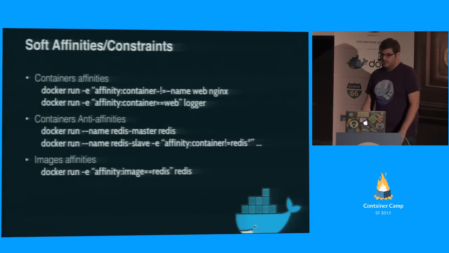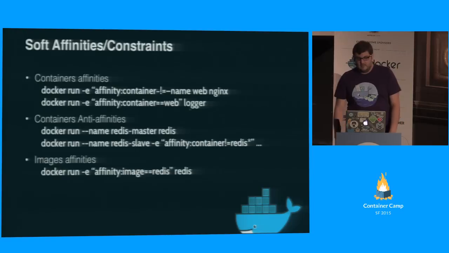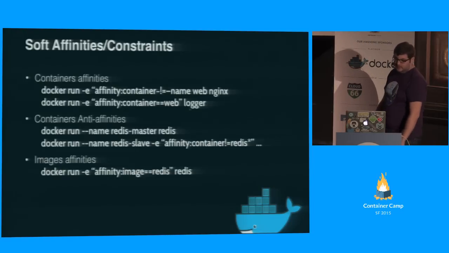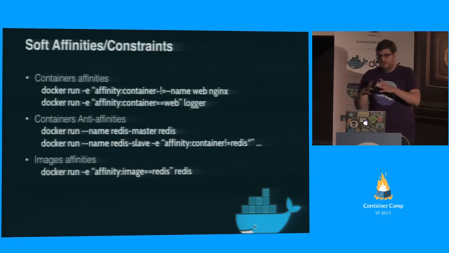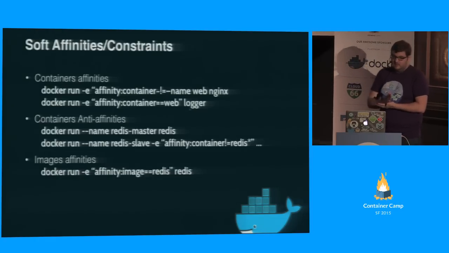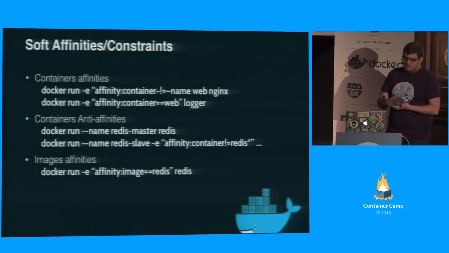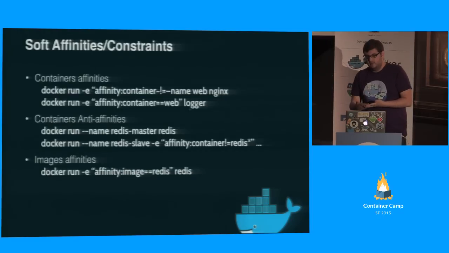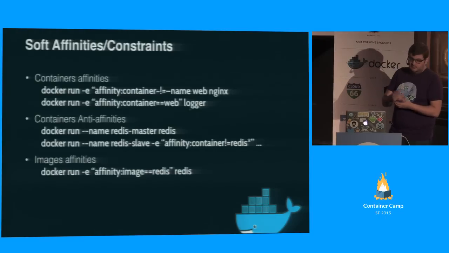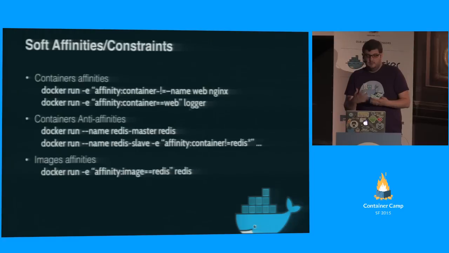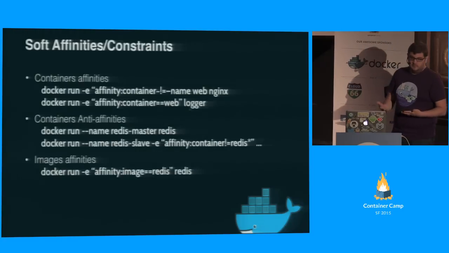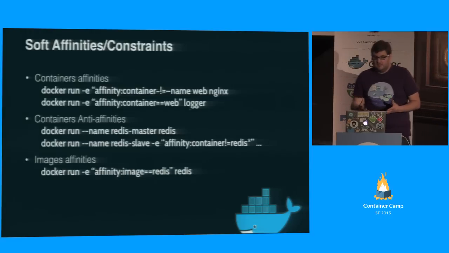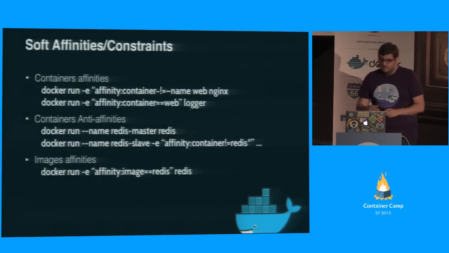Since Docker 0.2 that we released yesterday, we also have soft affinities and soft constraints. So I will go really quickly on those, but basically, if you take the example with the Redis, let's say we have 3 machines. You start one master, you start one slave, it will go on another machine. And if you start another slave, it will go on the third machine. And if you want to start a third one, if you use an affinity, Swarm will refuse to start your slave because it will say, I don't have any host without a Redis container. So you can use